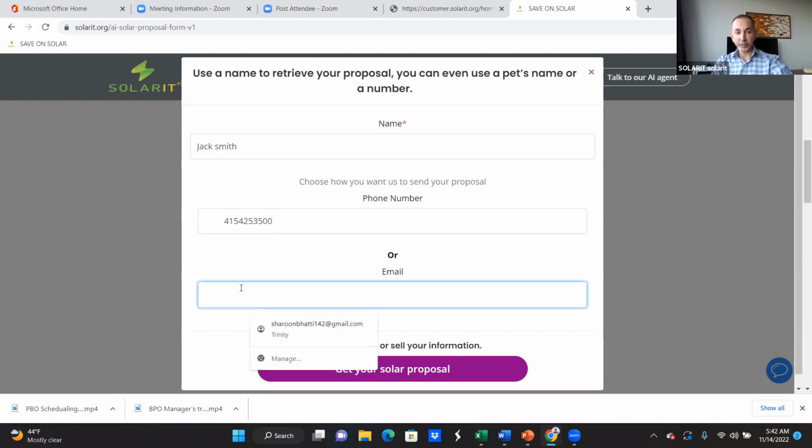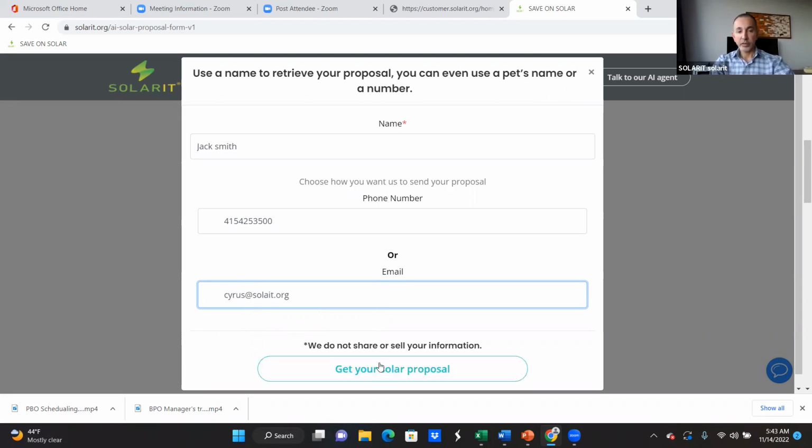Then you say, well, Mr. Smith, I need to have your valid email because we're also going to email this to you. And if the customer is not giving you an email, we don't want that customer. Only serious customers are going to give you the email. Then you can say, Mr. Smith, this is only going to be used for the purpose of sending you this link. We are not going to bombard you with any type of marketing emails. Your email is not going to be shared. So a valid email, our software checks for valid email. And so you enter the valid email